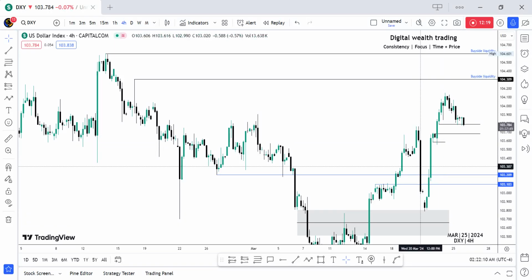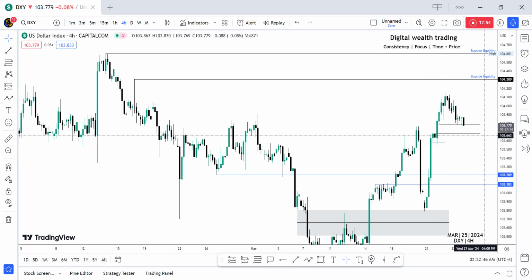Now, this is an efficient price delivery. That is, we price down, we price up. It is already completely painted, price has completely painted its hands on this side and also this side. So here is already an efficient price delivery. And if you want to confirm that, we have a fair value gap here that was used as an institutional order flow entry drill at this point, which is a little tip inside the fair value gap,